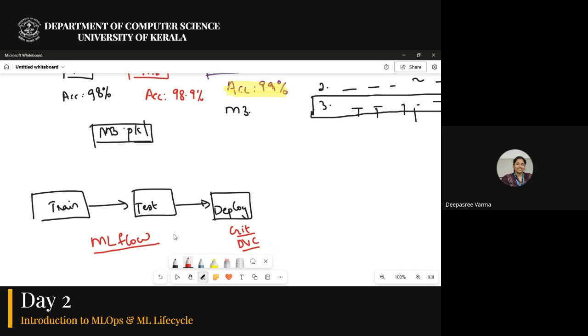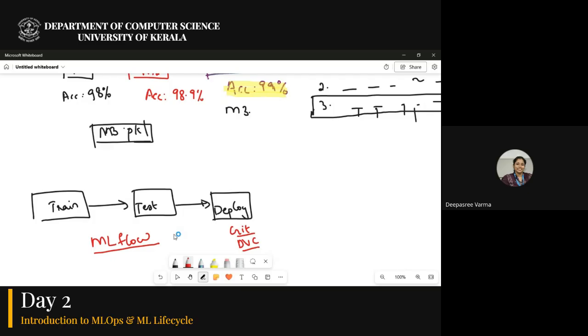Or I want to automate this. I want my machine learning model to automatically try all the possible parameters and give me the accuracy. So in that case, we can use MLflow. If you're familiar with grid search CV, there is an algorithm called grid search CV, which does the same thing. It will give all possible parameters to the machine learning model, find out different versions of the model and give you the best model.